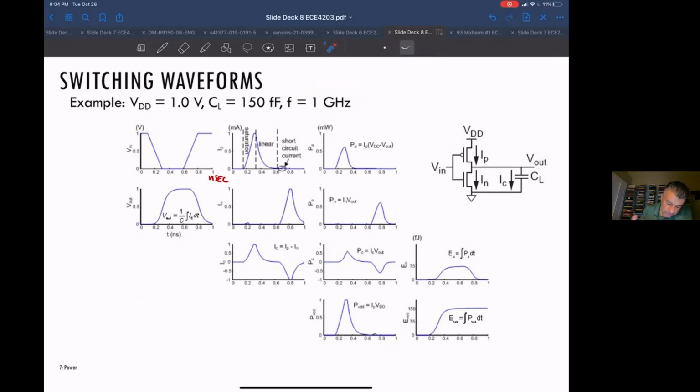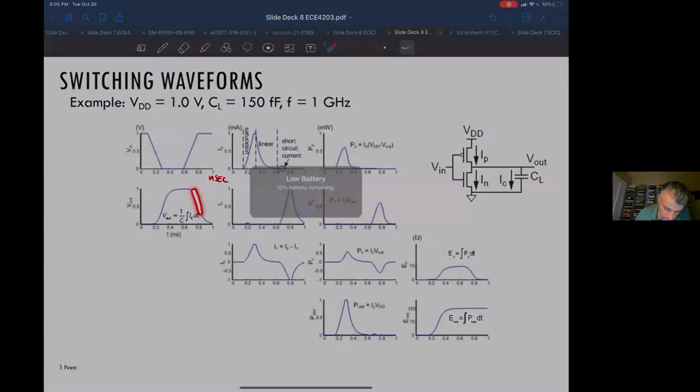Okay, so as you guys saw in your project, this is the output of this inverter: when the input is low going, the output will go high, and when the input is high going, the output will go low. You'll be in some saturation output where you get a straight line. And then you'll get sort of RC behavior when the PMOS goes from saturated to linear operation. So it goes from a straight line to an exponential settling curve. And this is where the NMOS goes from saturation to linear mode,